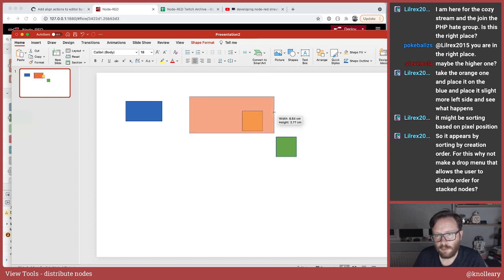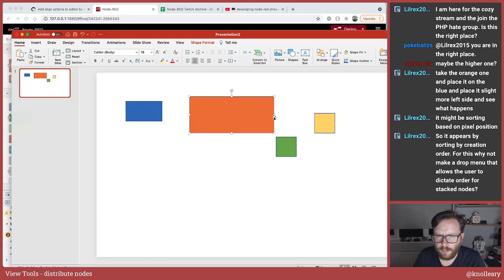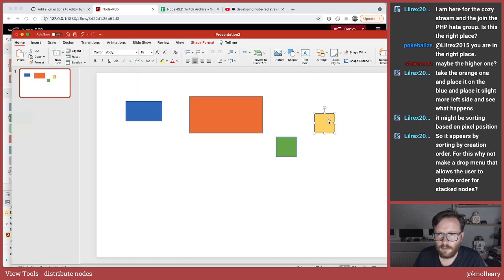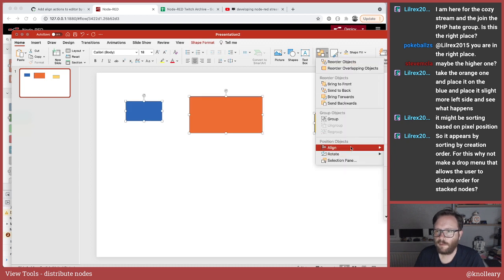sort of, oh, yeah, it's all, no, that's too big. That big, and then this guy is 1, 2, 3, 4, 5, 6, and 8. Oh, I've lost track of what this should be, so let's make that big. Nope, don't delete it. So now if I select those and distribute horizontally,